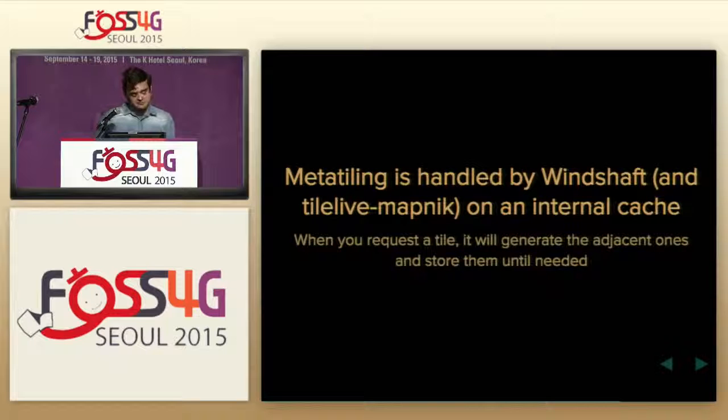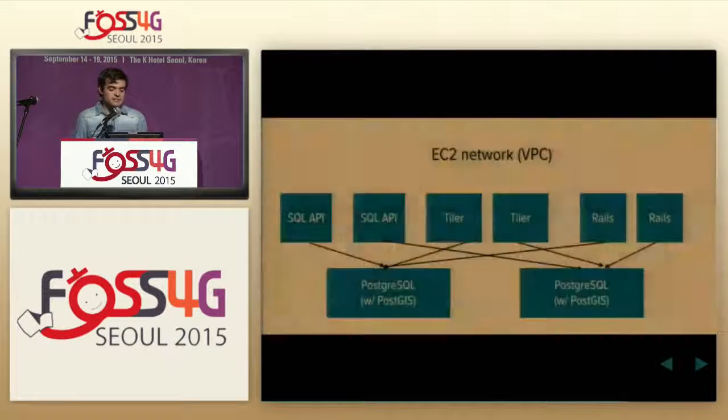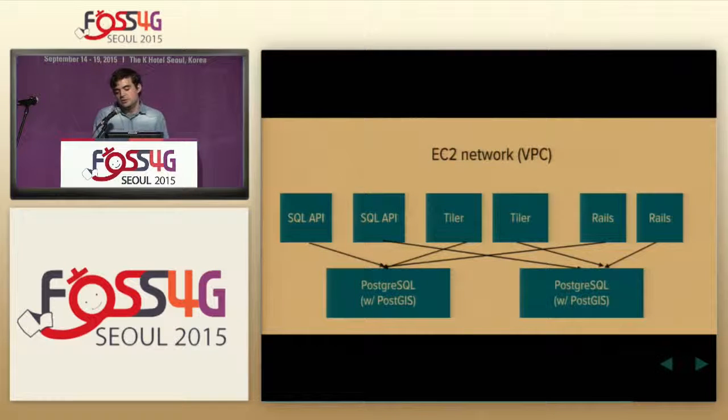Metatiling is handled by Windshaft, by the tiler, like Mapnik, in fact, on an internal cache. So when you request a tile, it automatically generates the adjacent tiles. But the problem with our existing stack, the overall stack of the CartoDB software as a service system, is that we didn't only have one tiler, we had more than one tiler, and we balance amongst them using another upper layer, which is Nginx, which by default